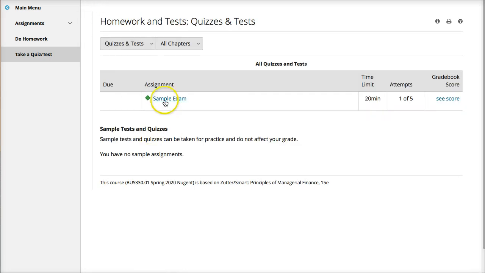So again, you yourself can go to the sample exam, click on that sample exam, and get an idea of how the test is going to work, because I set the settings identical to what the test will be, except for the time. So you can get a real feel for how the test is going to work. This is the best way to get an idea of what the exam will be like.